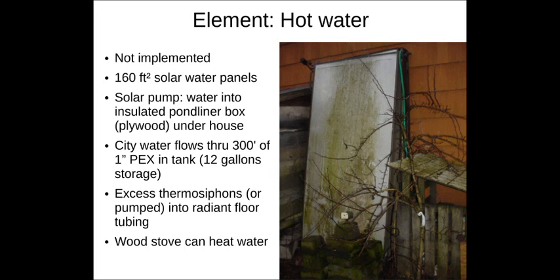And from the numbers that I've seen online of a few other people who are experimenting with this, even after you've exhausted that first 12 gallons, the water's still heating up pretty fast, even as it's flowing through the pipe. So you get more usable water than just that initial 12. And this is the exciting part that I don't know whether it'll work, but we're hoping that the thermosiphon effect will kick in, where the hot water wants to rise and then colder water elsewhere in the system wants to